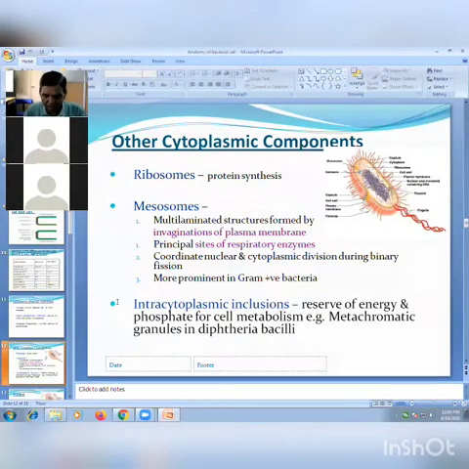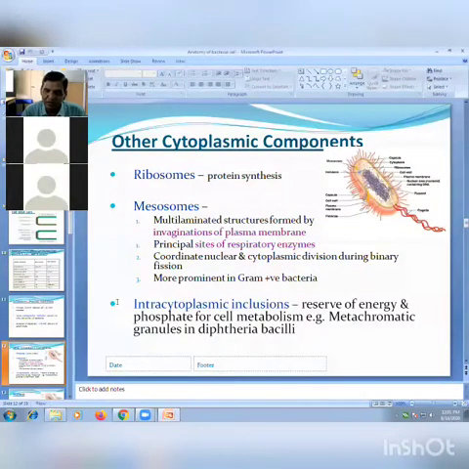Because after staining the slide with polychrome methylene blue, shiny granules occur inside the cytoplasm. Meta means shiny, chrome means color. So shiny purple colored granules occur inside the cytoplasm, and that's why the name is metachromatic. Another name of this granule is polar bodies, because they are generally present at the two ends, the two poles. That's why we call them polar bodies. These granules are also known by another name, Babes-Ernst granules, because the scientists Babes and Ernst discovered them.